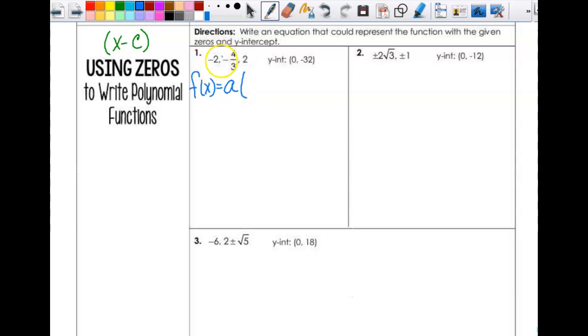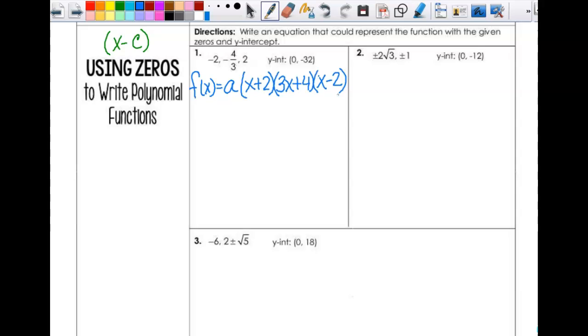And then this right here gives me x plus 2. This does not give me x plus 4/3. It gives me what? 3x plus 4. Very good. And then times x minus 2. All right, so when I substitute it all in, that's what I get, but I need to figure out what